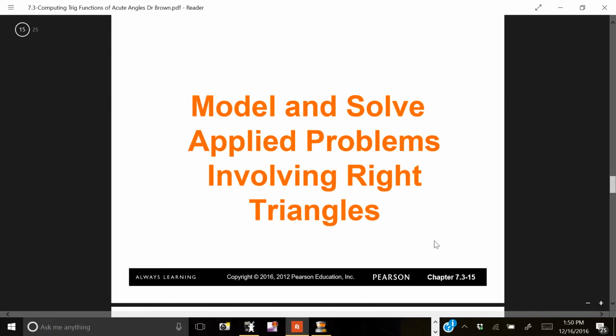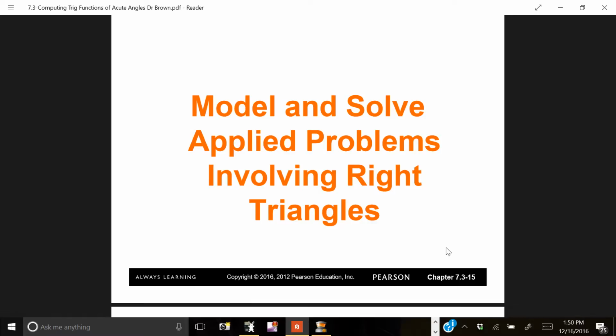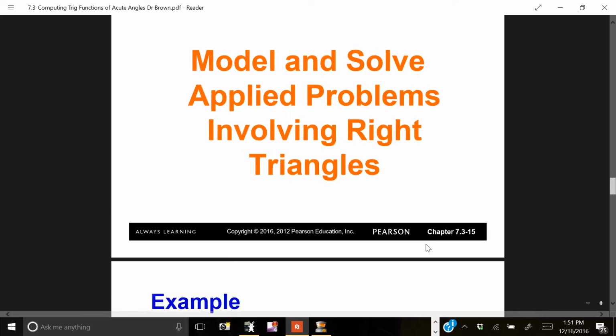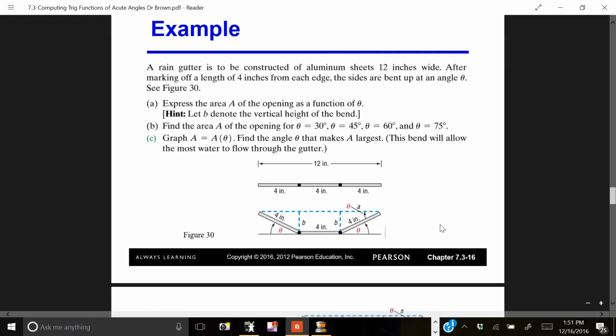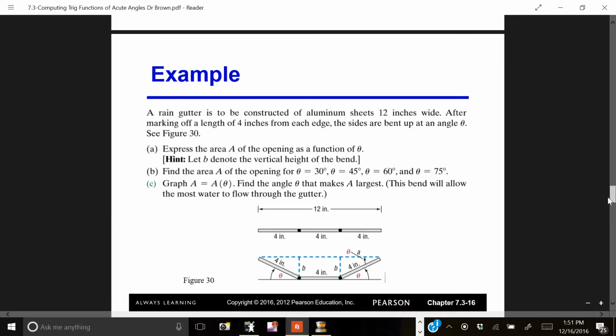Now we're going to use what we've learned about trigonometry to solve applied problems that involve right triangles. The first example we're going to look at is constructing a rain gutter, and you're going to start out with aluminum sheets